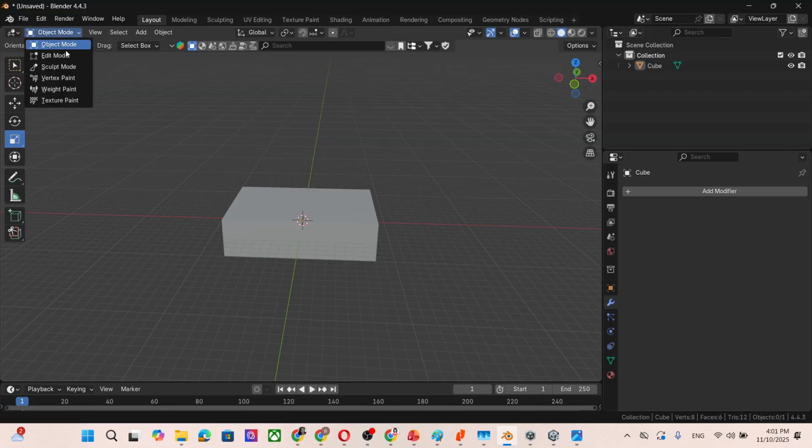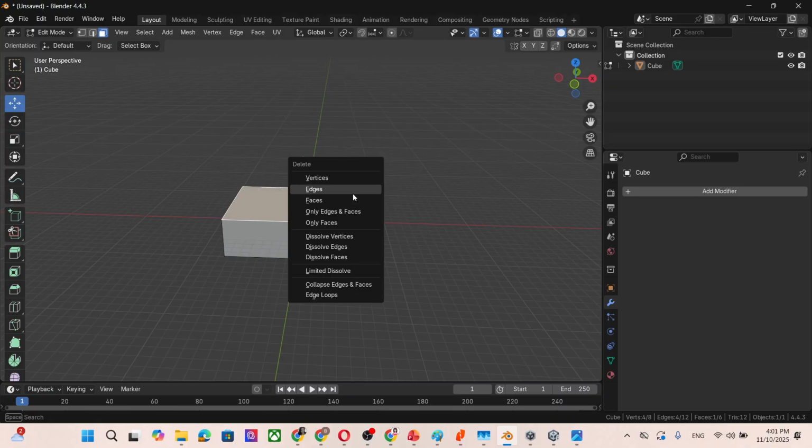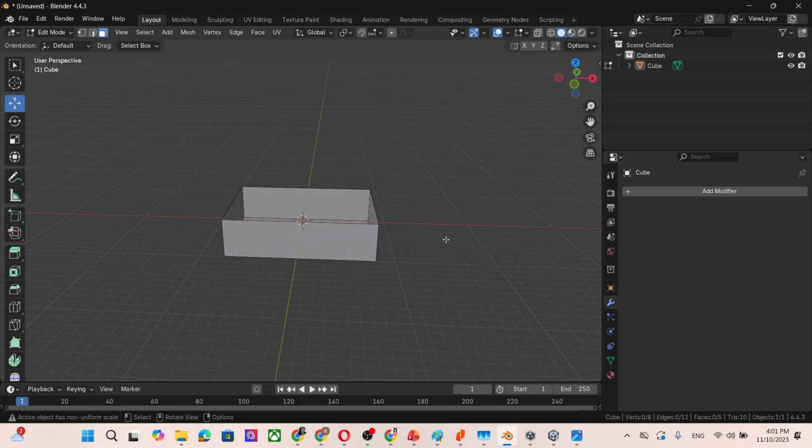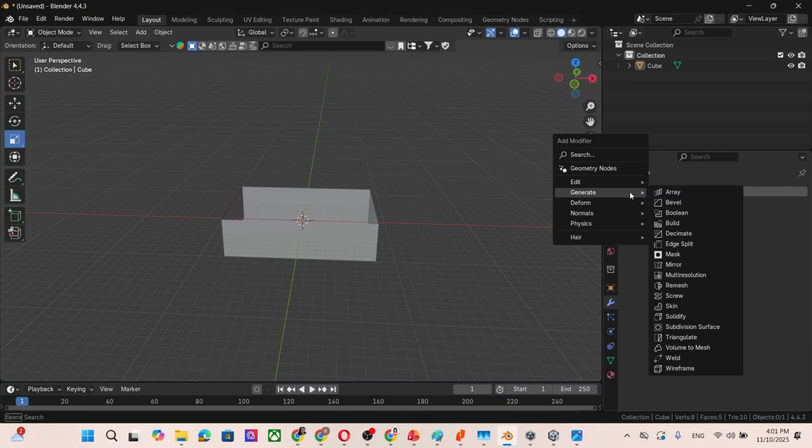Okay, so now you go to edit mode. We select these faces. Selection mode, go to these faces. We delete this one, delete the faces. Okay, and then we go to object mode. Okay, we go for the